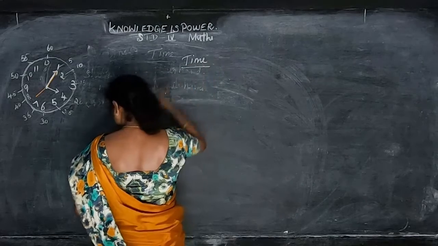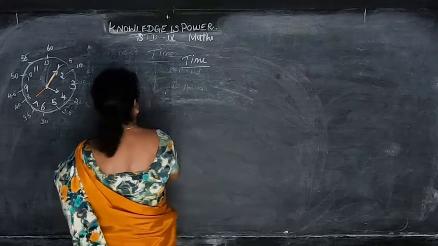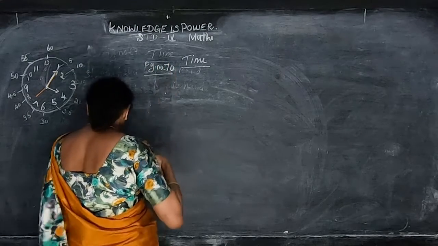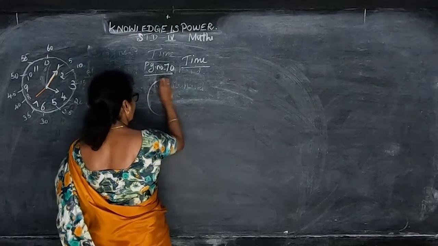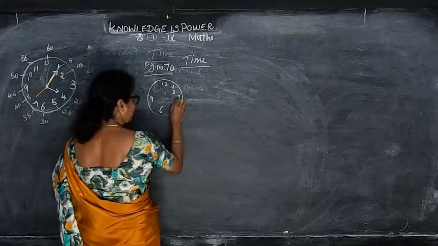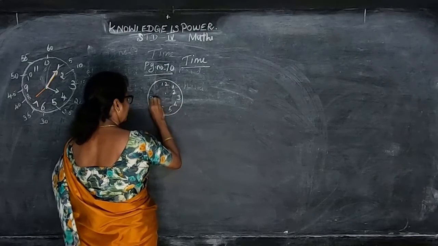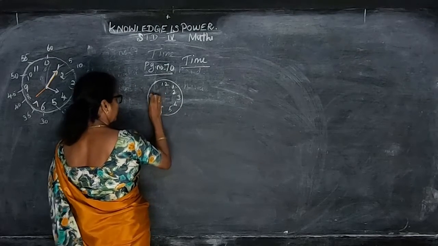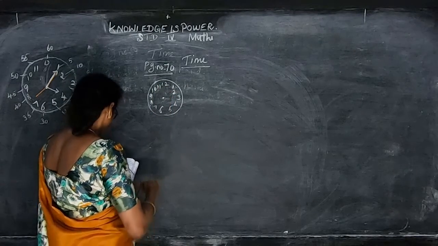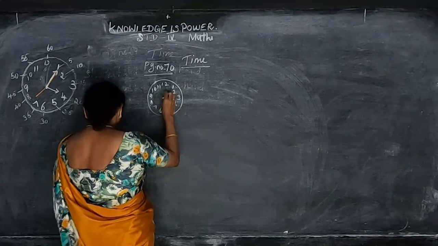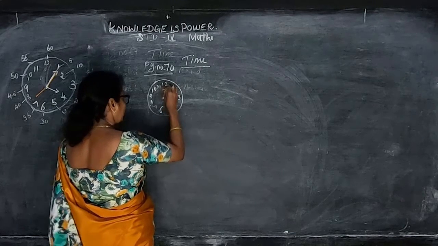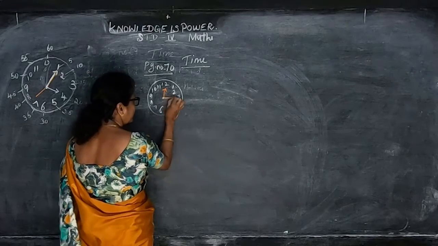Now you see time, page number 70. Page number 70. In this they are given the clock. So the clock has 12. You can draw the clock. This will be easy for you to draw the clock. 8, 9, 10 and 11. Now they are given the time as small hand is 12 and here big hand is 3.